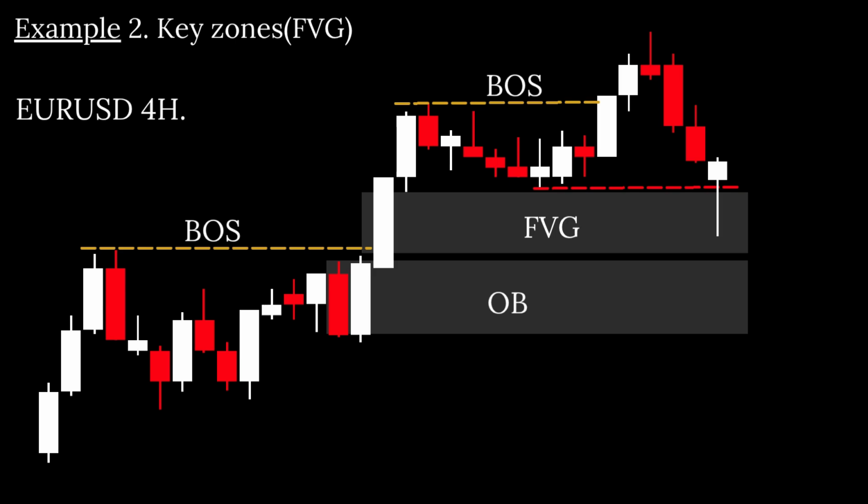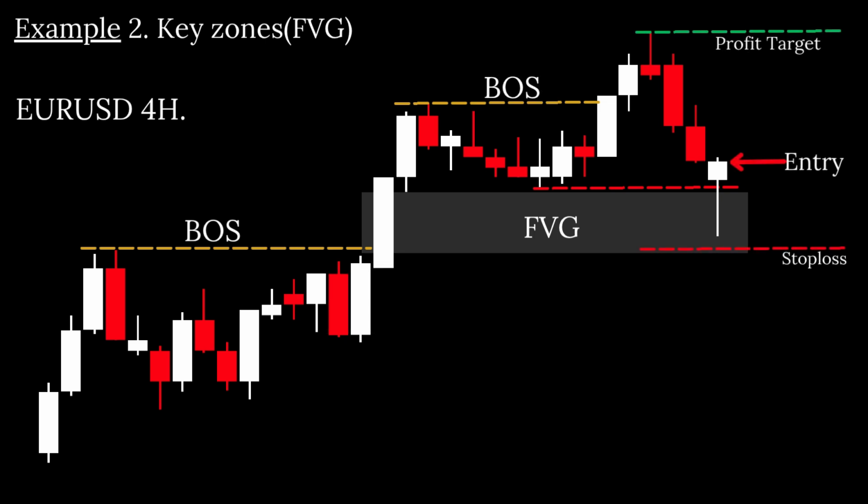At this point, you now have liquidity imbalance and institutional intent all lining up. Entry is made on the close of the rejection candle, and your stop loss is placed just below its low. Profit targets should be multi-tiered, first at the range midpoint, then at the opposing swing level.